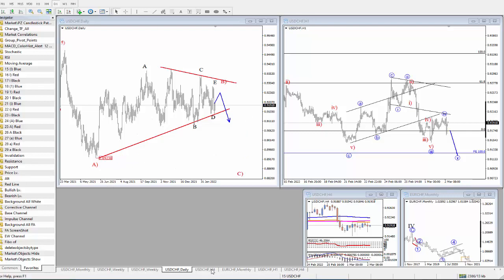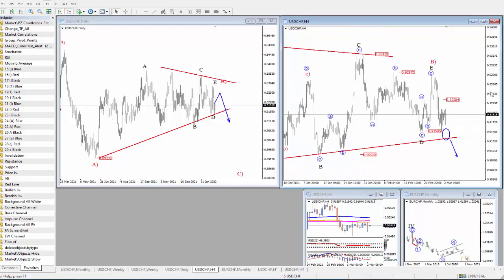Okay, so watch out what the market will be trading in the near future. In fact, on the 4-hour chart here, we could be dealing with an ongoing impulse. As I said, if this wave D, at the 91.50 level, this swing low is broken, and at the same time we see a daily close below this red trend line, the support of this triangle, then I think there is a risk for more weakness, especially if this happens at the same time when stocks are down, or maybe even only sideways.